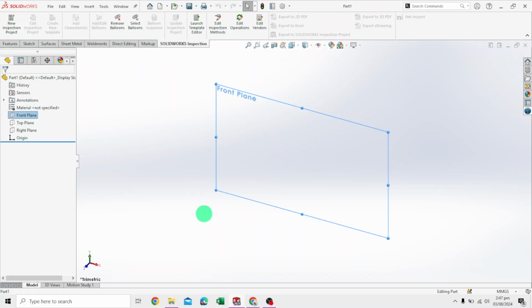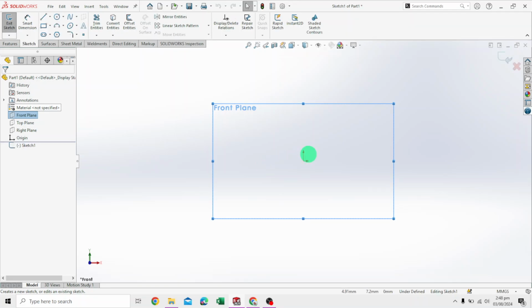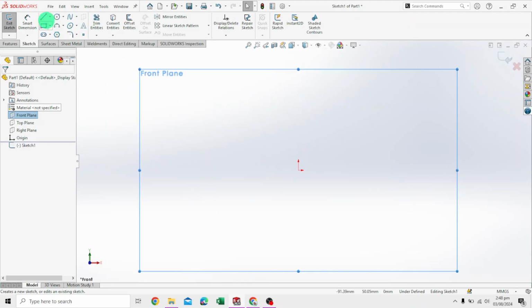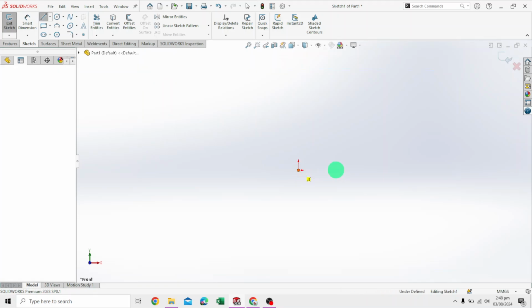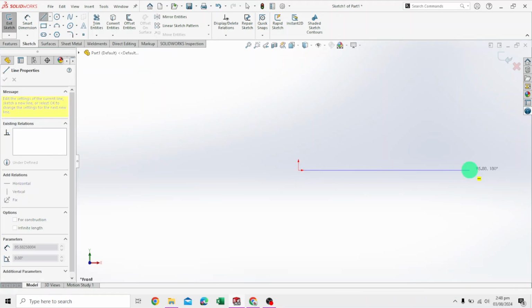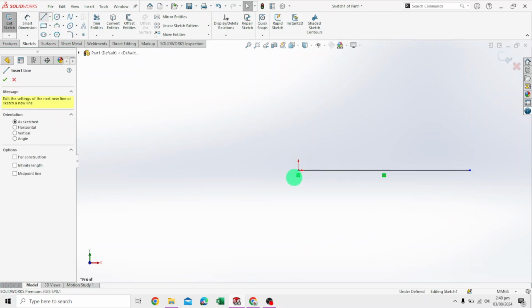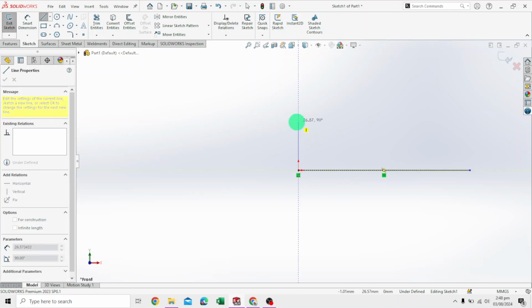Okay, in this part, we're going to be making basically the shaft, or part of a shaft. We'll sketch on the front plane, the differential front plane. Here on the front plane, we define a line that has to be horizontal. Okay, do it again, and we will